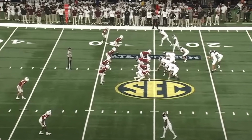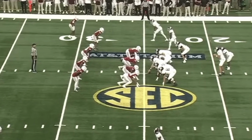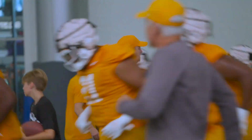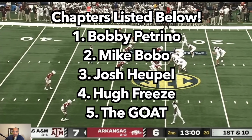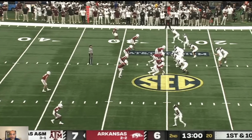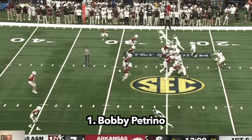Let's go! Today we are breaking down college football's most unstoppable play. Let's go, baby. Have a day. Let's go. We'll see 5 of college football's most accomplished play callers all run a different variation of this fake